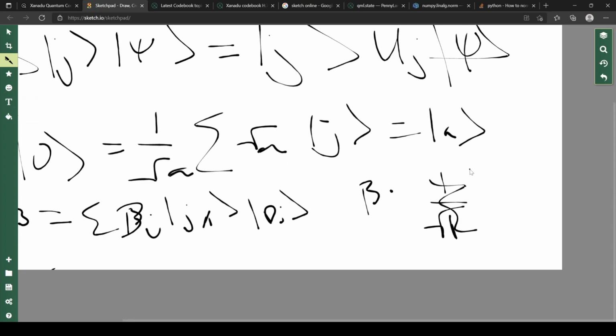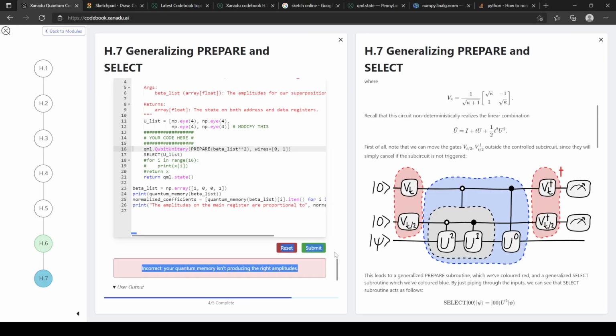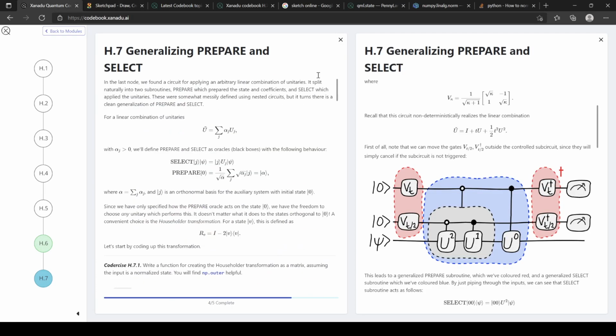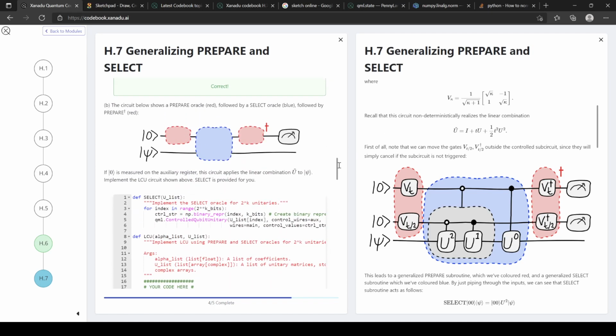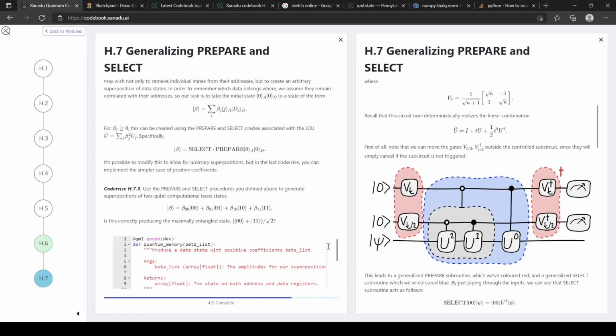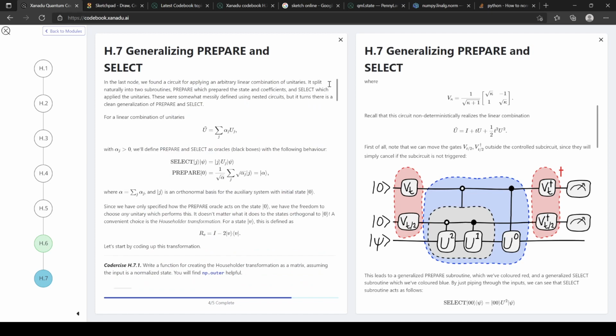Then we have beta times j. That's what this did. So now that we have beta times j, we want to select so that we can create j of